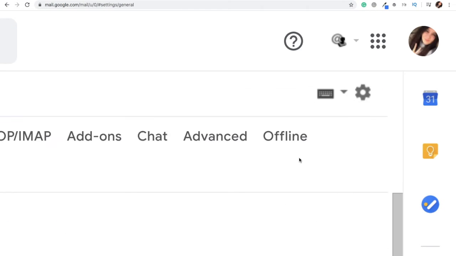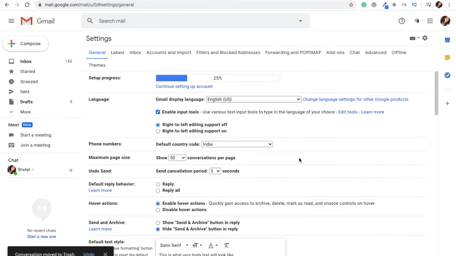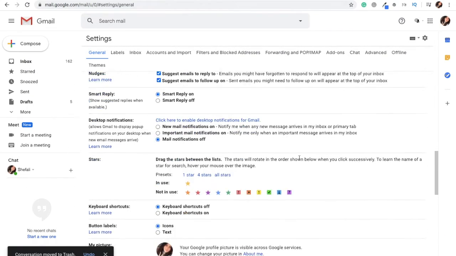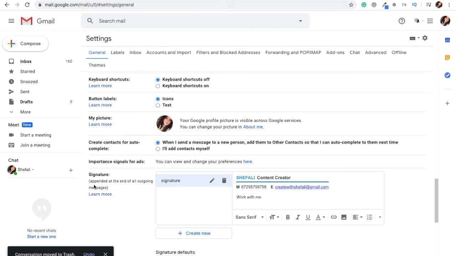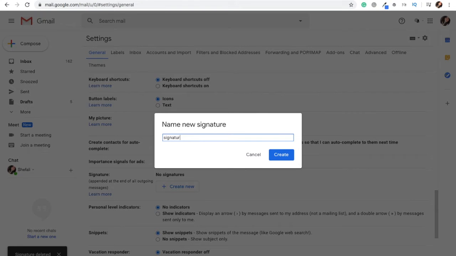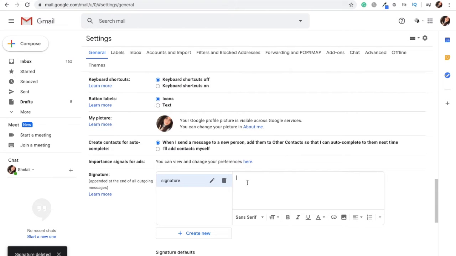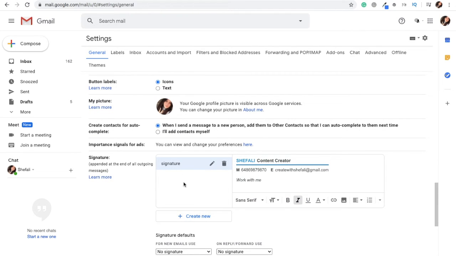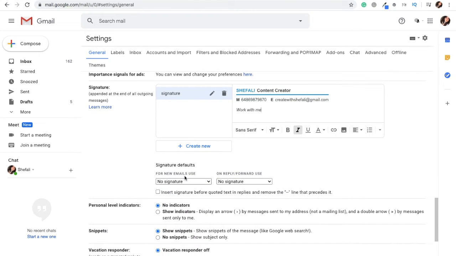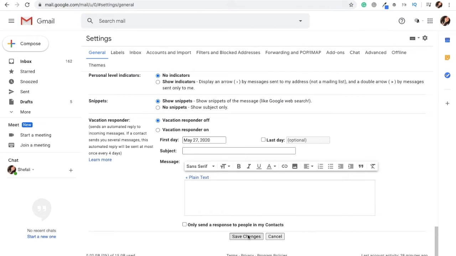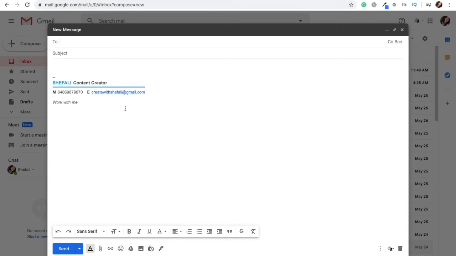You will see this wheel sign. You are going to click on this and then scroll down in the settings section. Scroll down. There you will see the signature. Here we are going to paste our signature that we just copied and then save the changes. Whatever changes I'm doing right here, you need to do in order to display your Gmail signature. Whenever you compose an email, you will be able to see that Gmail signature. So let's see how it is going to look. This is how it is going to look.